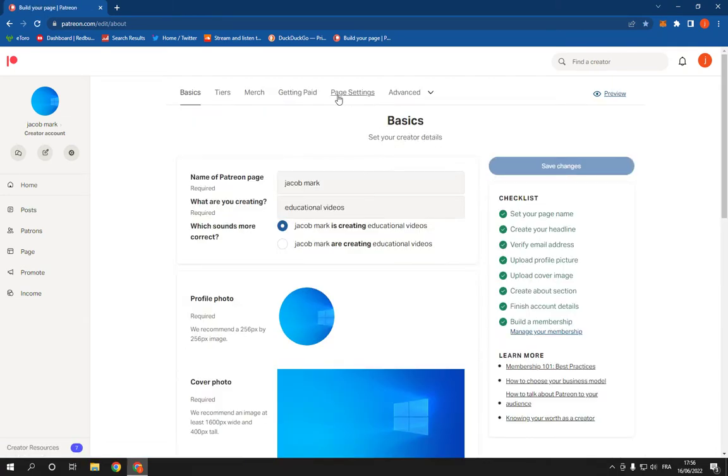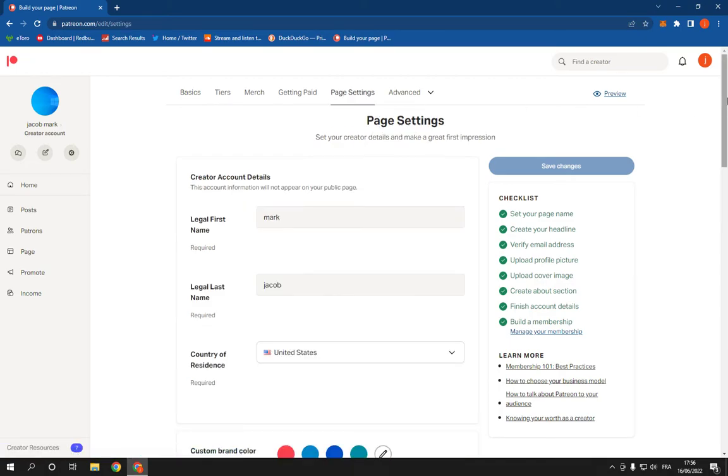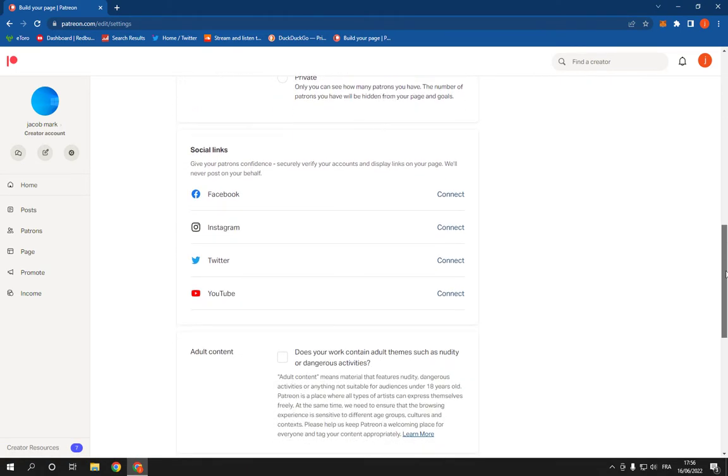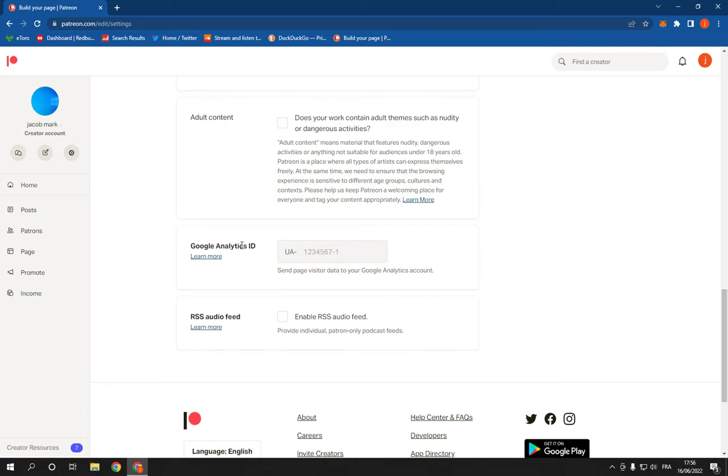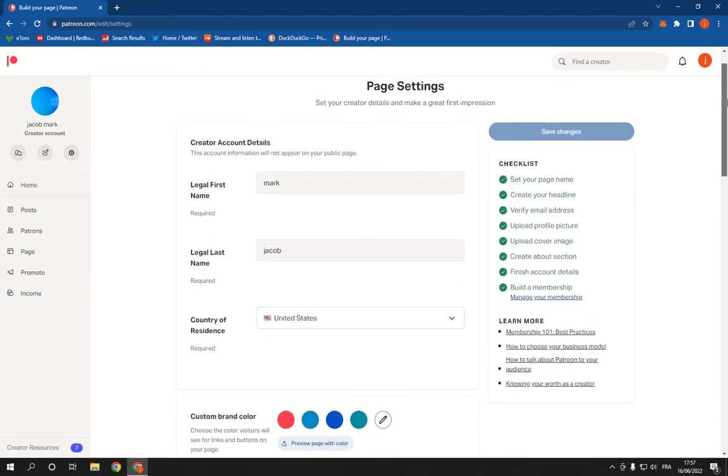Click on page settings in the top right here, scroll down until you find this Google Analytics ID. Now from here you will be able to add your ID and go to the top again and click save